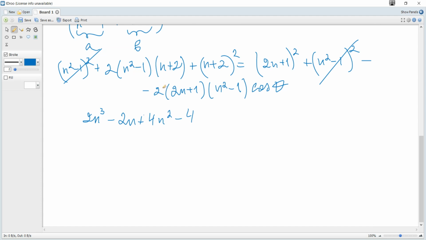Let's check because it's important. So n cubed times 2, minus n times 2, plus 2n squared, n times 2, 4n squared minus 2 times 2, correct, plus n squared plus 4n plus 4 is equal to 4n squared plus 2ab, so it's 4n plus 1, and minus